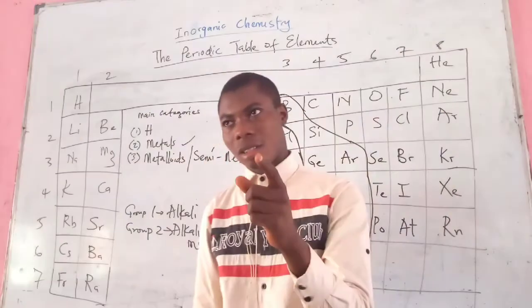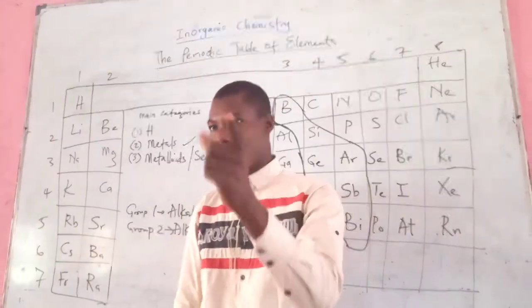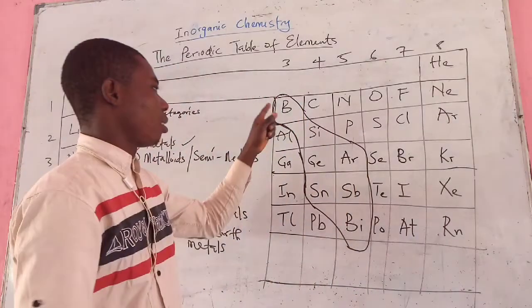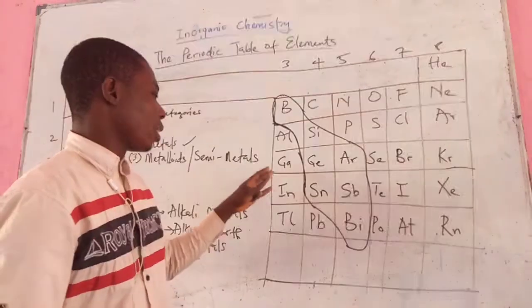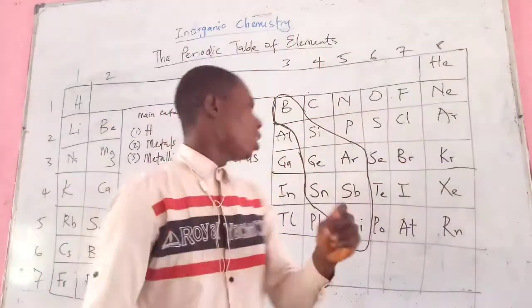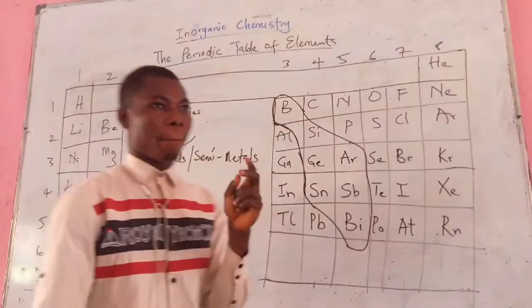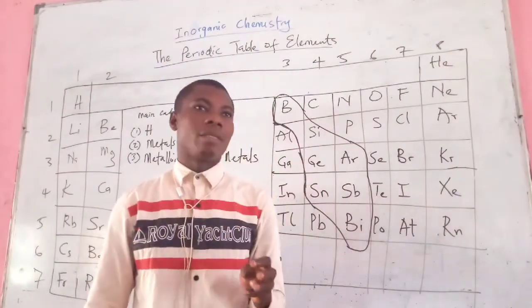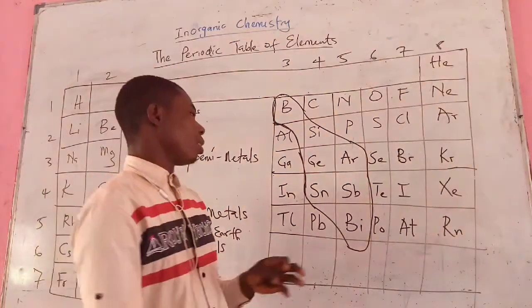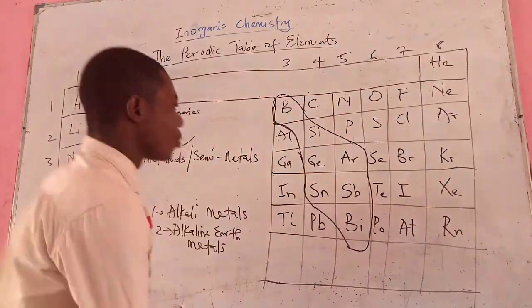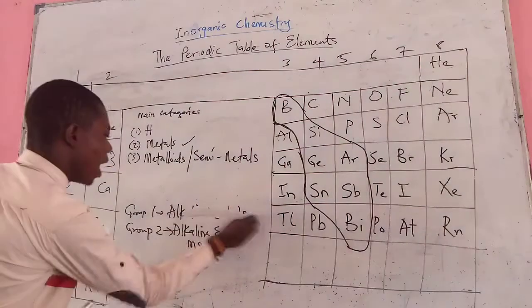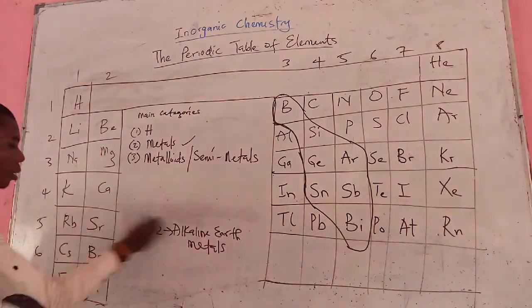Of course, not to be mistaken, there are some metals in group 3 as well, such as aluminium. Aluminium is a metal. Now the next category of elements that we can